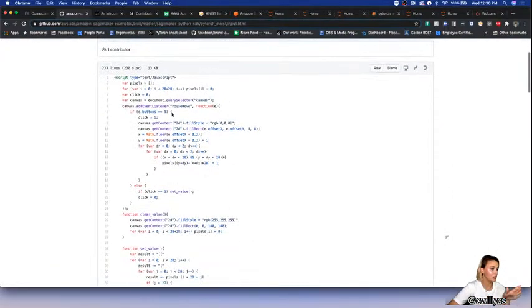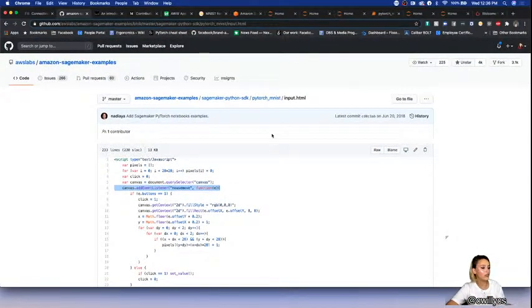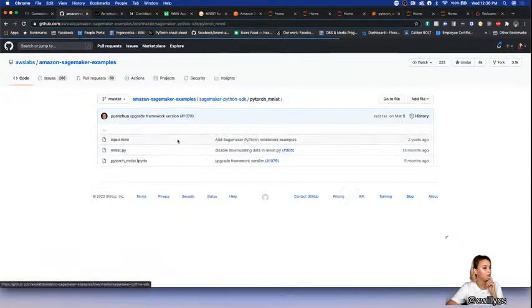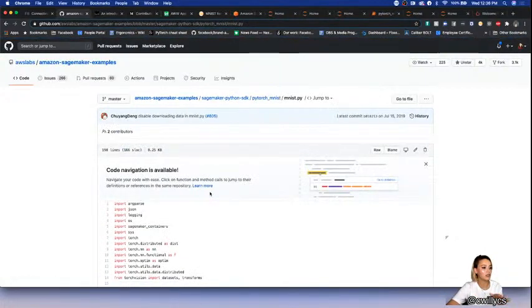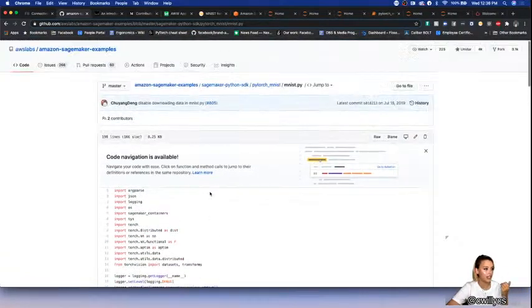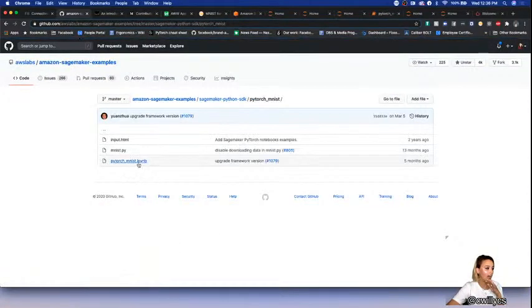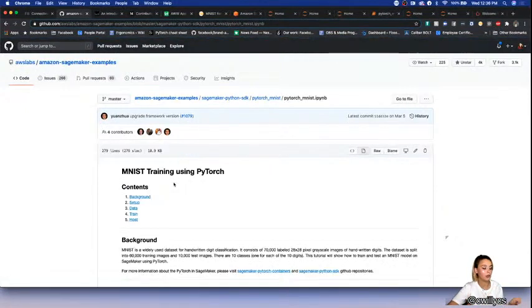If you can read HTML, you can see we have that canvas here, and that's, again, just code to draw that. We'll reference this later when we build our web app. Then we have this MNIST, which again defines our neural network and how to train it. And then finally, we have this runnable notebook. And this runnable notebook is essentially where we're going to tell SageMaker, hey, build this neural network, run it on the data that we've defined, and then create a SageMaker model instance that we can create an endpoint to utilize